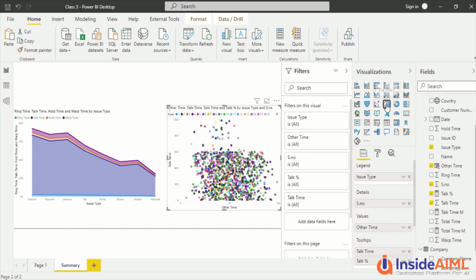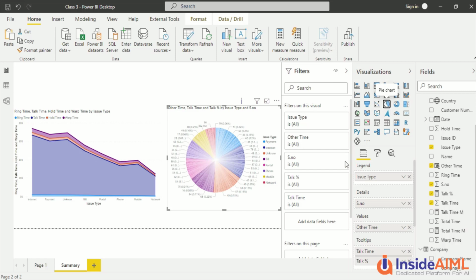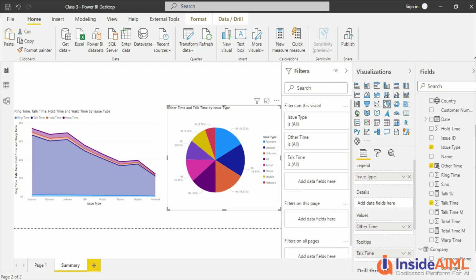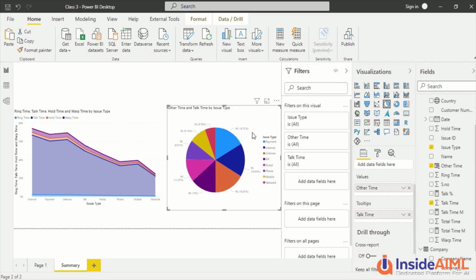Now there is the pie chart. That's the next one which we have, and it seems pretty busy, so let's remove the details from here. It seems less busy, and let's remove the measures out here also. They've all automatically gone to the tooltip, so we are not much bothered. Now there is an interesting thing with this. Let's see the pie visual, and sorry, the donut also. So this is the donut, and this one.